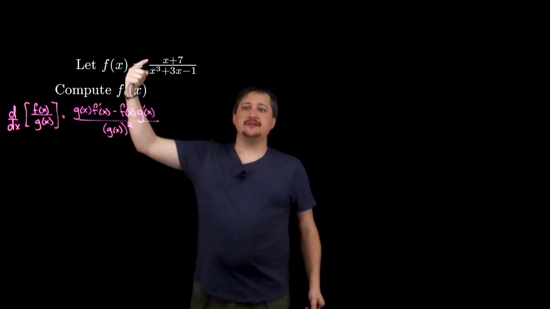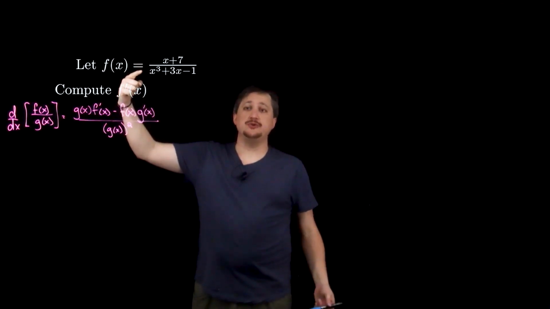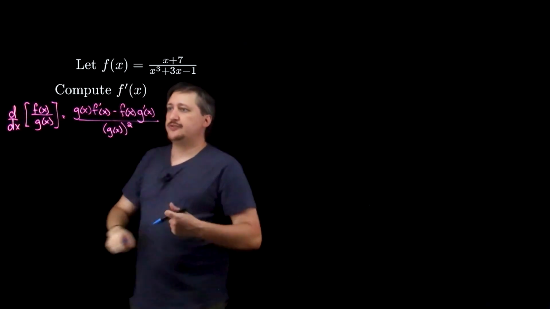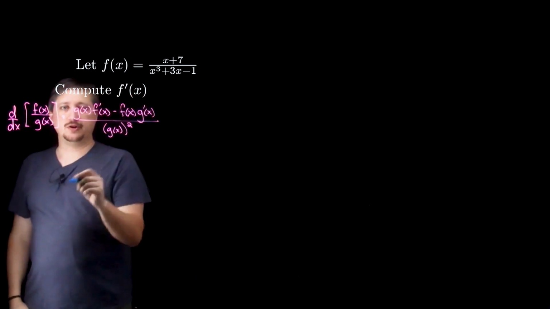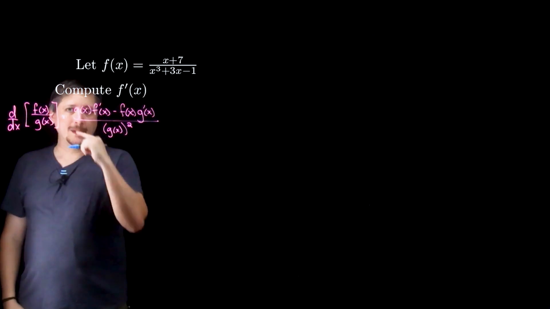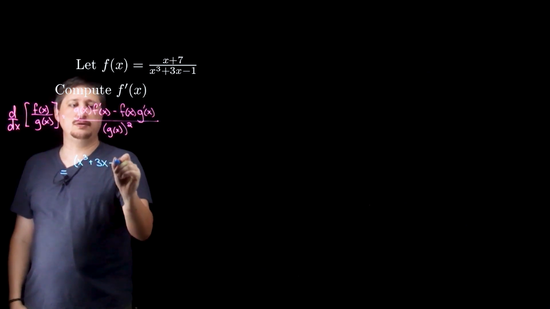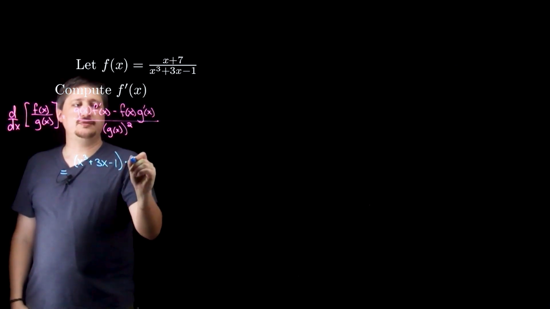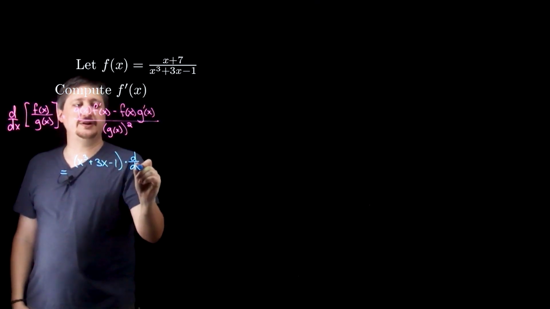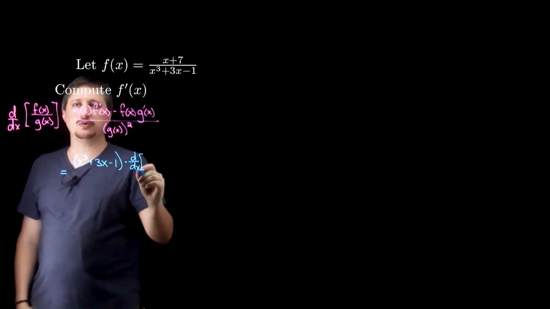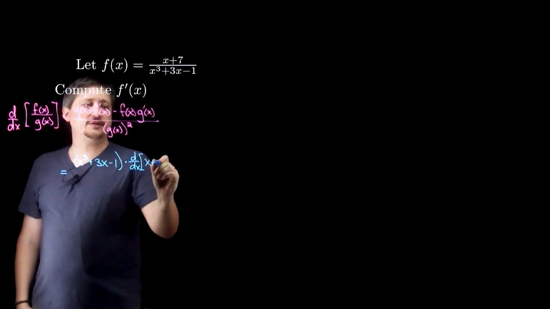So we have the top, that's x plus 7, and the bottom, that's x cubed plus 3x minus 1. So the first thing I'm going to do is just plug in to my quotient rule here. So I'm going to get the bottom, that's the x cubed plus 3x minus 1 times the derivative of, so I'm just declaring I'm going to take a derivative. I'm not going to do it quite yet. So this is x plus 7